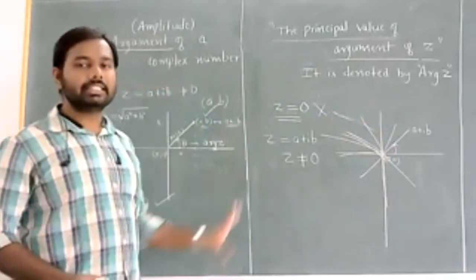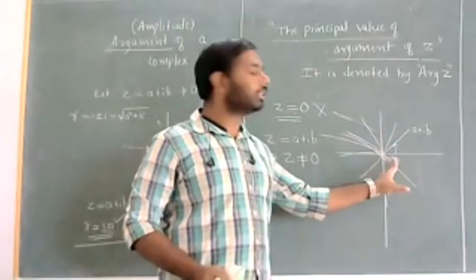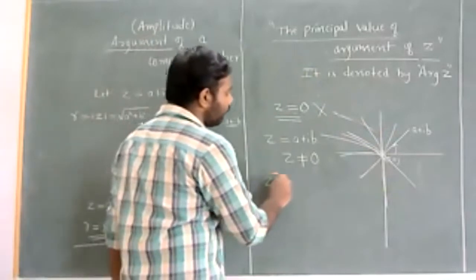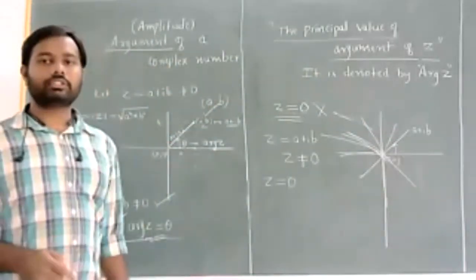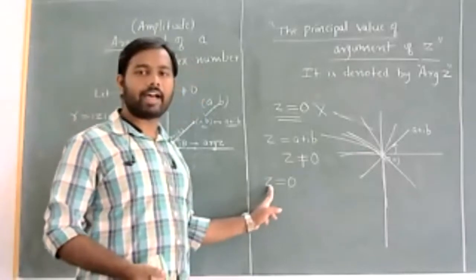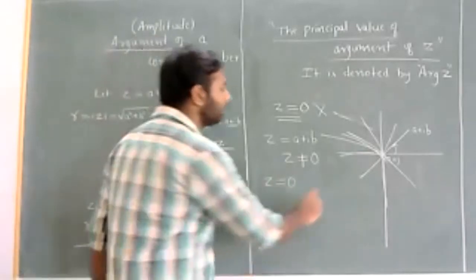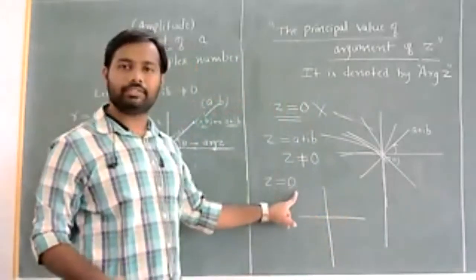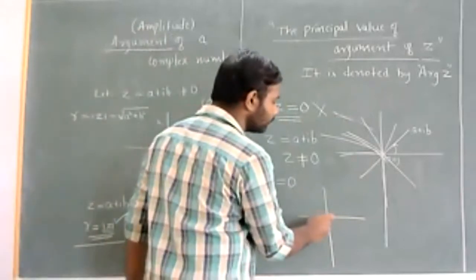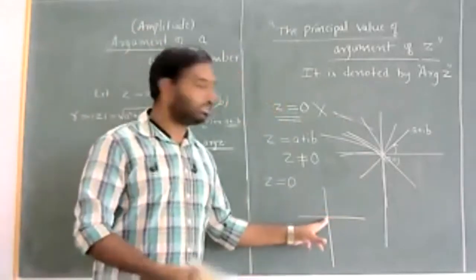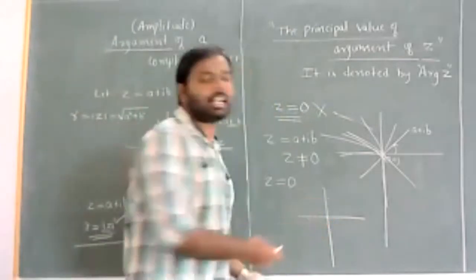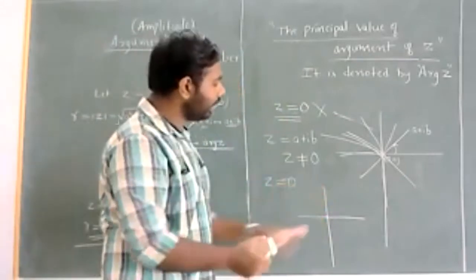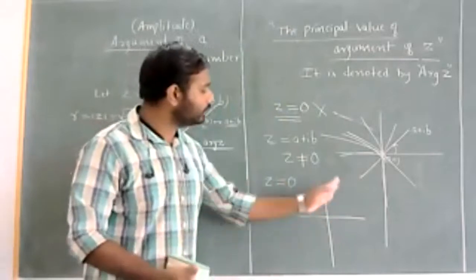So in this theory, we have kept the zero complex number as a fixed pole. Now if I allow z to take the value 0, then can I draw a line from the fixed pole origin to itself? Can I draw it? There is no line from a point to itself, so I cannot see that line. And also we cannot extend it, as there is no line, there is no direction at all.